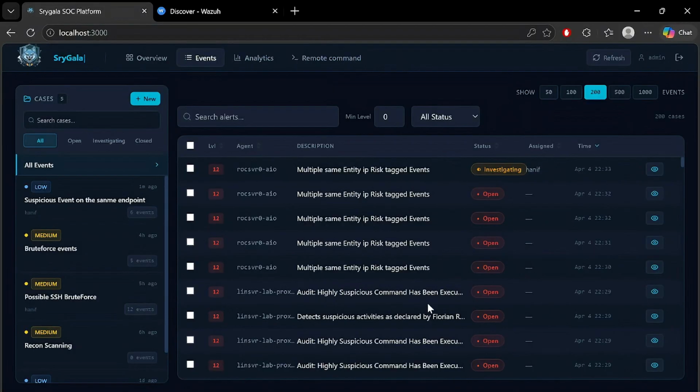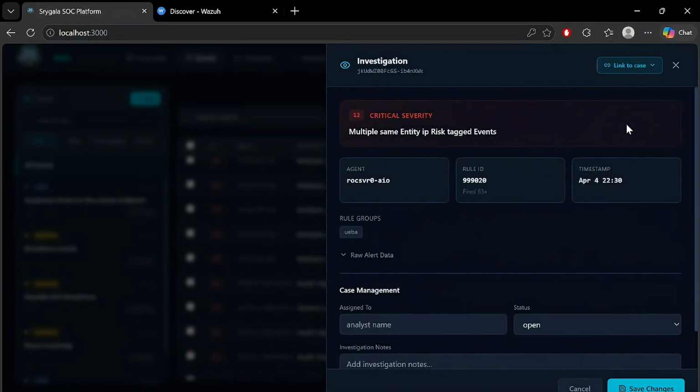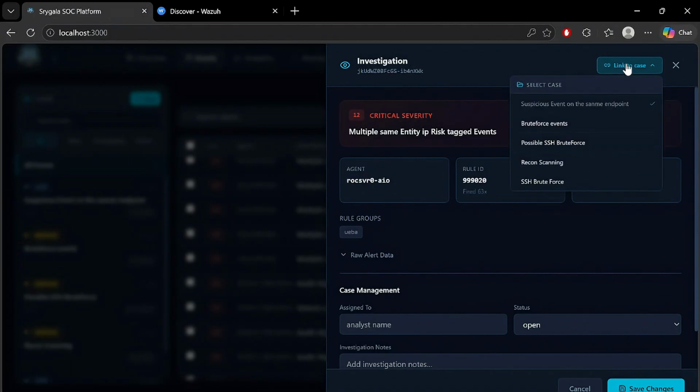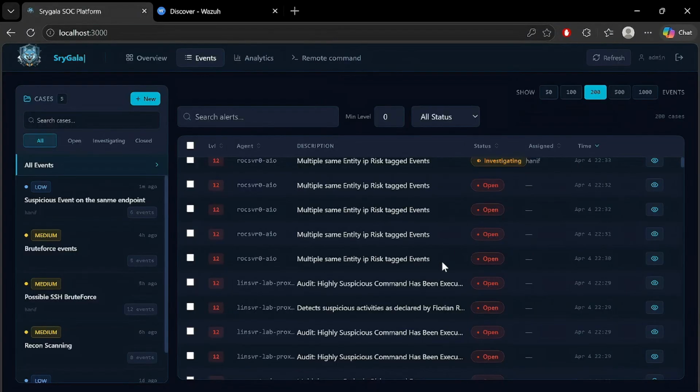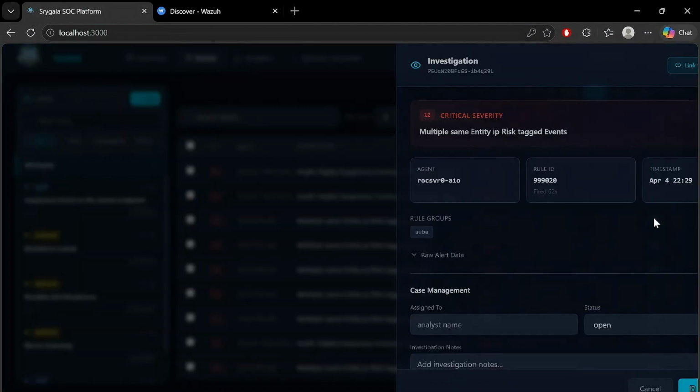For example, if you already tagged some events to a case, it will show a warning, and then